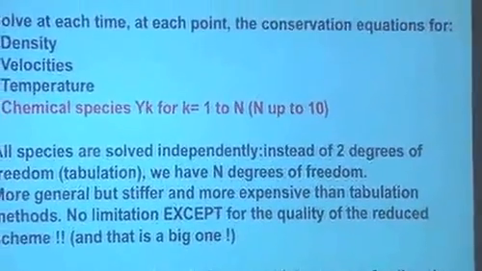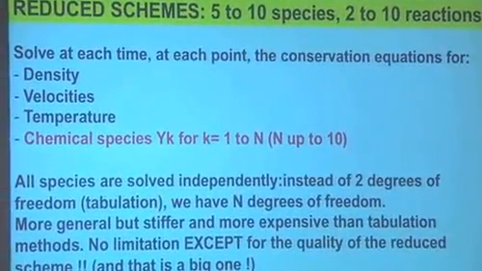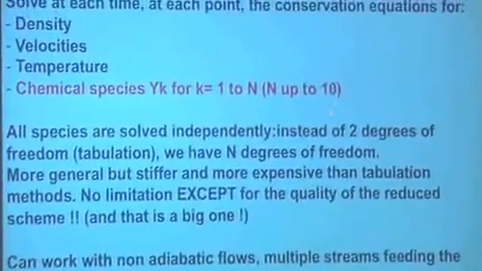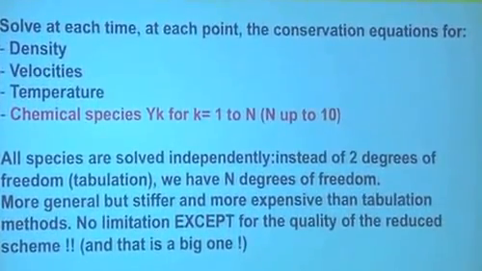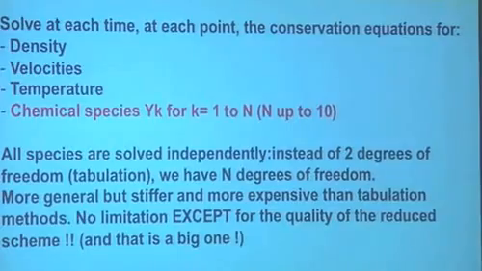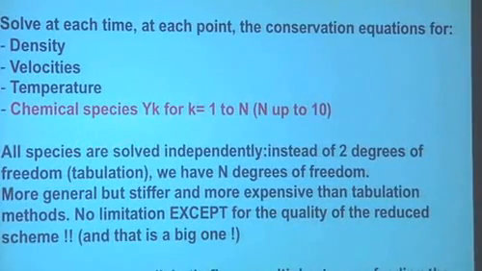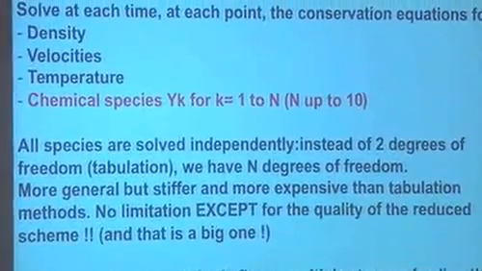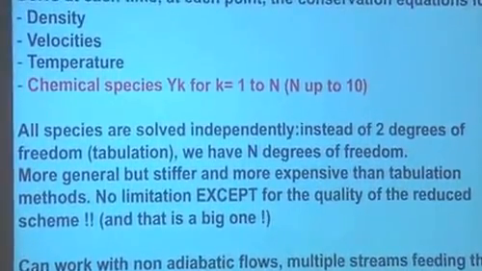Here the idea is to say, okay, I'm not going to tabulate things. I want to keep something which looks exactly like a chemical scheme, but I would like, please, to have fewer reactions and fewer species. So typically, we're going to accommodate 10 to 20 species, and maybe 20 reactions. The first thing to say is that all these species here are independent species. So in that sense, reduced schemes, even though you call them reduced, are actually much more powerful than tabulation methods in which you have only 2 independent variables. In a reduced scheme, you can have up to 10 independent chemical species, which can vary the way they want.